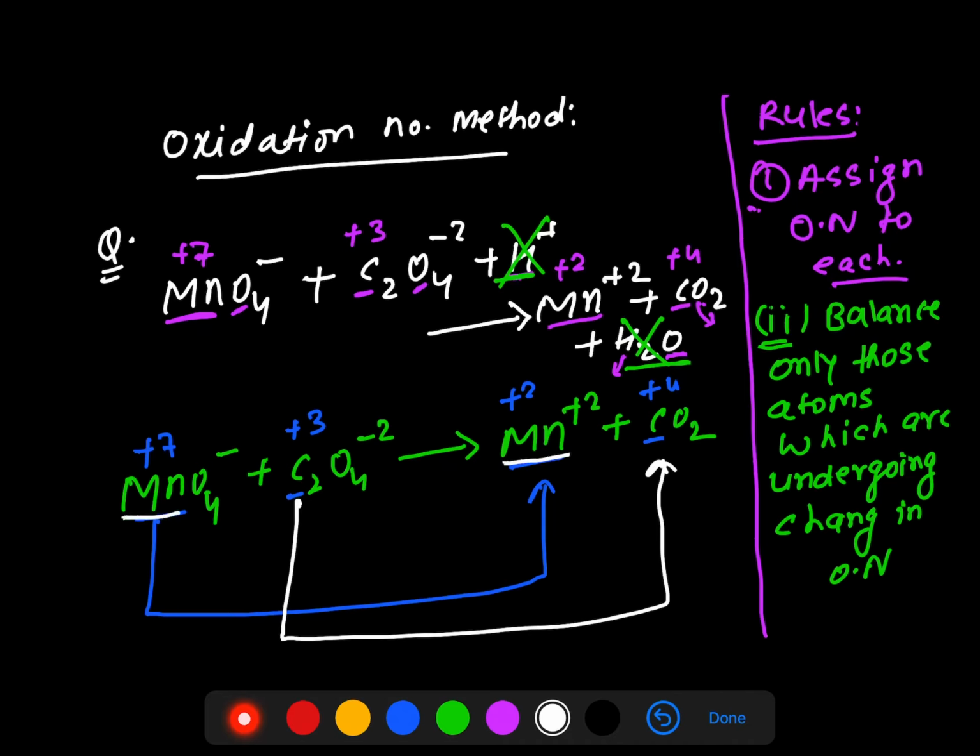So manganese, if you check both sides, is already balanced. Both sides we have 1 manganese, right? But if you check, carbon is not balanced. On the right hand side we have just 1 carbon. On the left hand side we have 2 carbons. So we will multiply it by 2. Carbon is balanced. Remember, in this step we will balance just the atoms undergoing change in oxidation number, not all